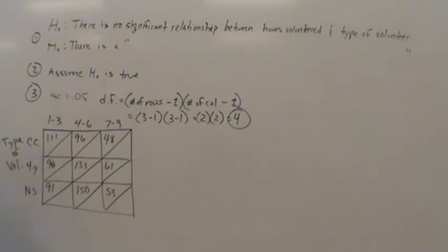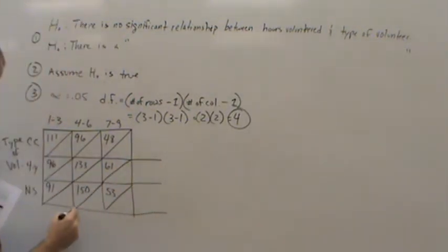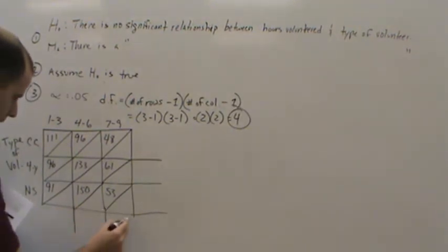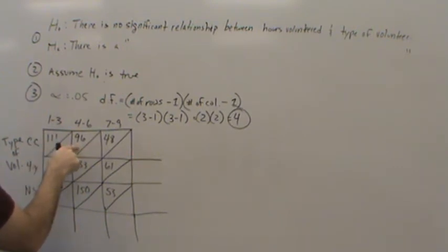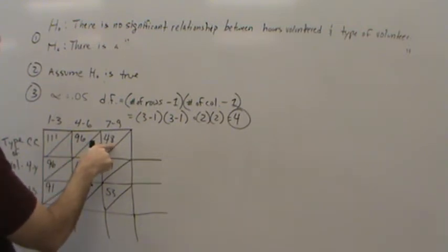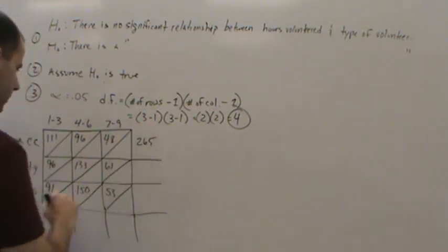Guess what I'm going to put underneath each one of the diagonals for each cell? That's where I'm going to put the expected values. So let's do the totals. We need our row totals, we need our column totals, and we need our grand total. So here, the row total, if we add these up, we get 111, so it'll be 207, $265,